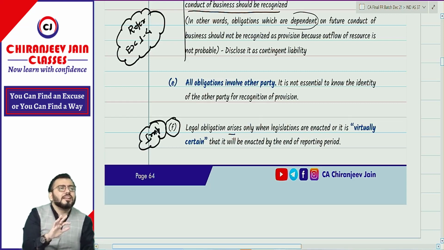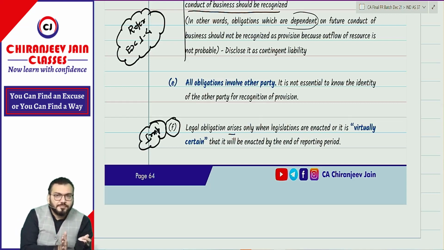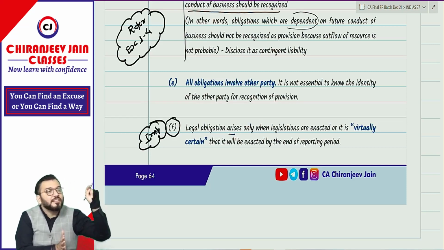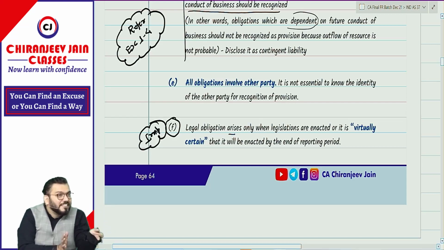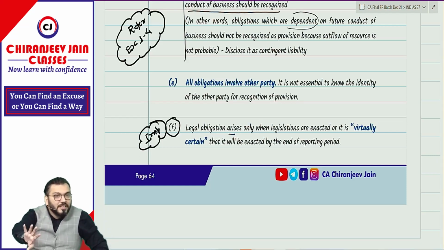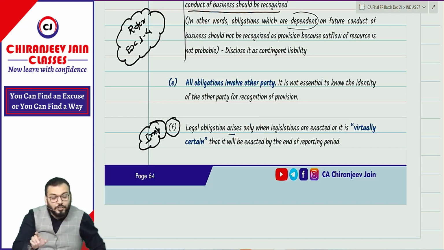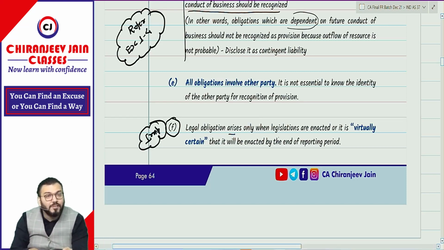When is an act enacted? When it is signed by the President of India and it is notified in the Official Gazette of India. Correct? Then it is enacted. Even though a bill is passed in both the houses, if it is not signed by the President, it is not yet enacted. So what they said: legal obligation arises only when legislation is enacted, or it is virtually certain